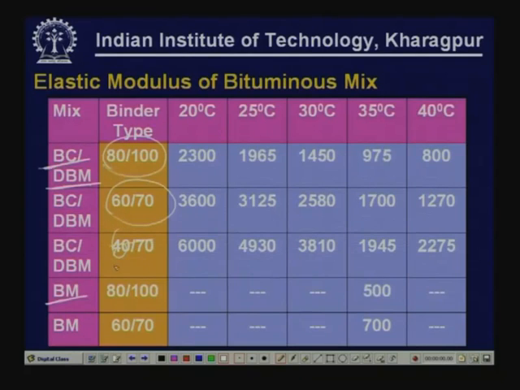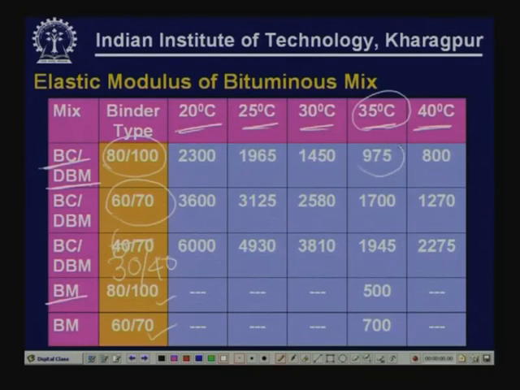Sorry, this is in fact 30-40, and then for BM 80-100 and for BM 60-70 also. So, for some of these combinations modulus values are available and they are available for different values of temperature. These are pavement temperatures, average annual pavement temperatures. So, for typical or standard temperature of 35 degrees that we are considering for India,